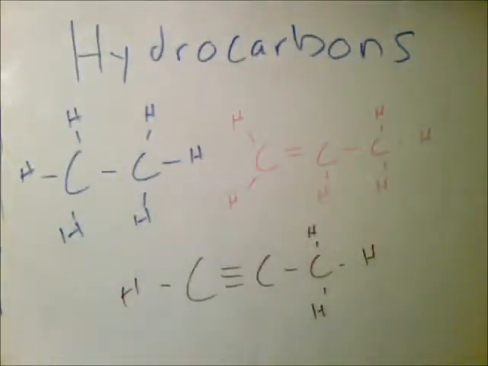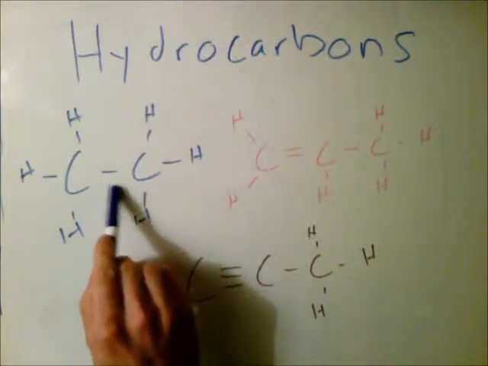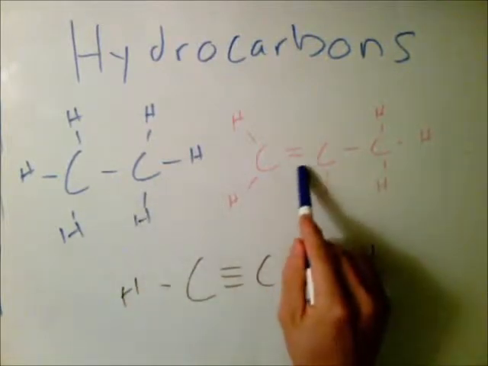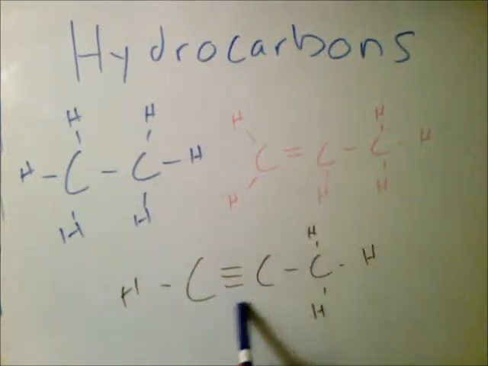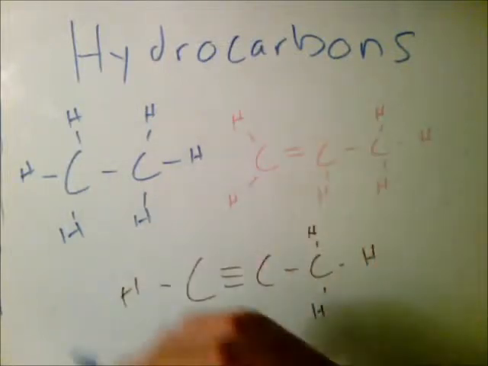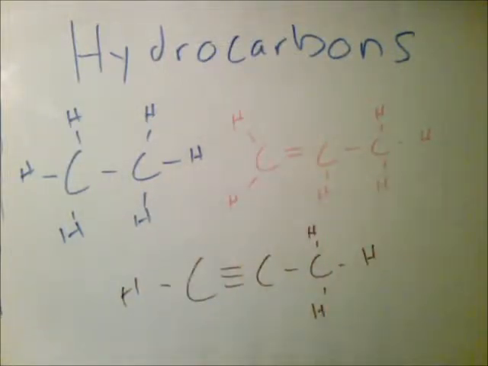And so here are a couple examples of hydrocarbons. As you can see, the class of hydrocarbons doesn't discriminate against the orientation of the carbon bonds. So you have a single bond between two carbons here, a double bond between two carbons here, and a triple bond between two carbons here. But they're still all hydrocarbons because they all have only hydrogens and carbons. So simple as